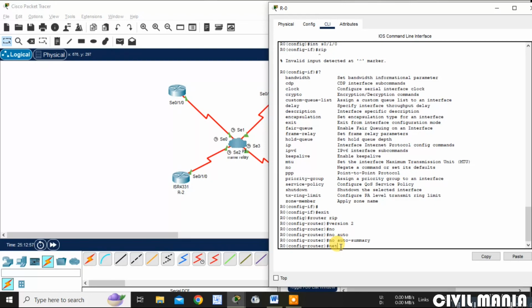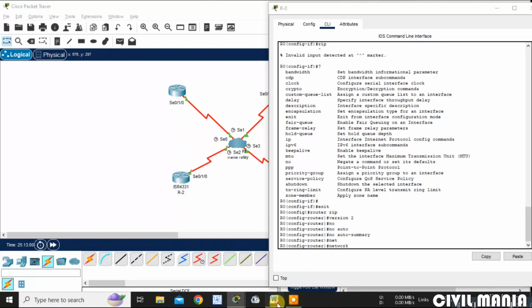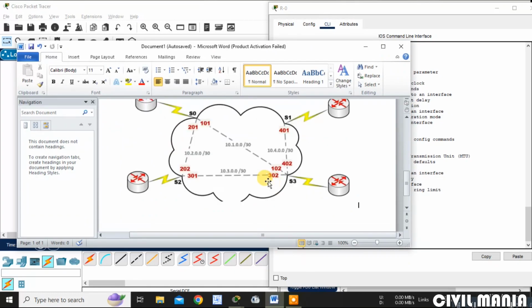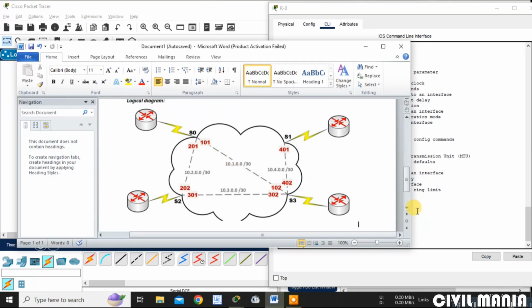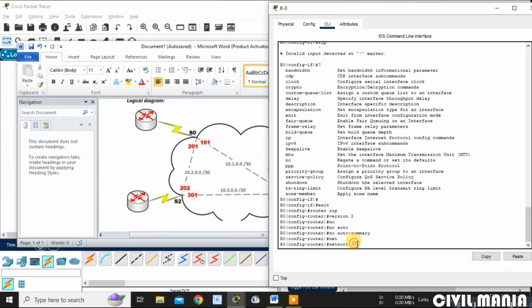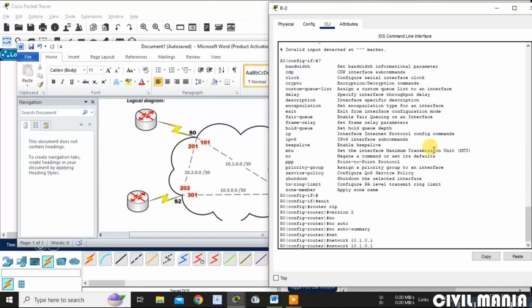then after that, network. Let me again go to the logical diagram. What is the network here in this router 0? There are two networks: 10.1.0.1 network, and then 10.2.0.1 network.